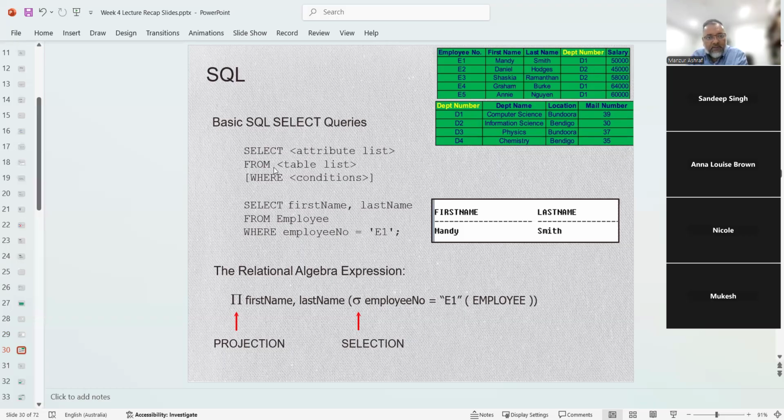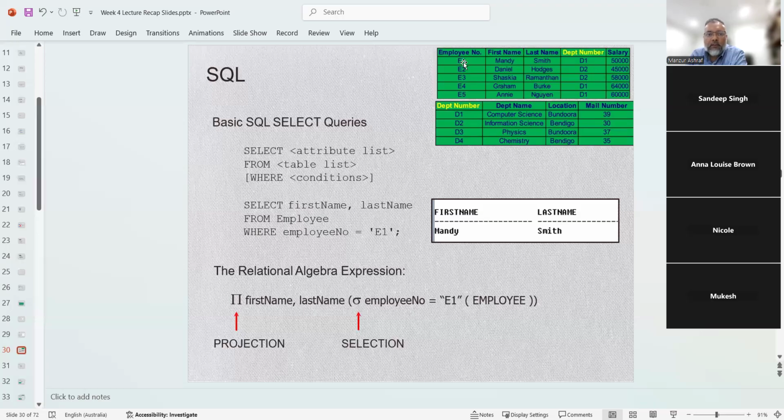So from table list and where conditions. If you look at this example, select first. We don't need to do that first. The philosophy is that you write select, and then you can leave it blank. Then from employee, which table you want to select, right? We generally put the star at the beginning. Star means all the columns I want to show. So if I put select star, it means all the columns from employee table,